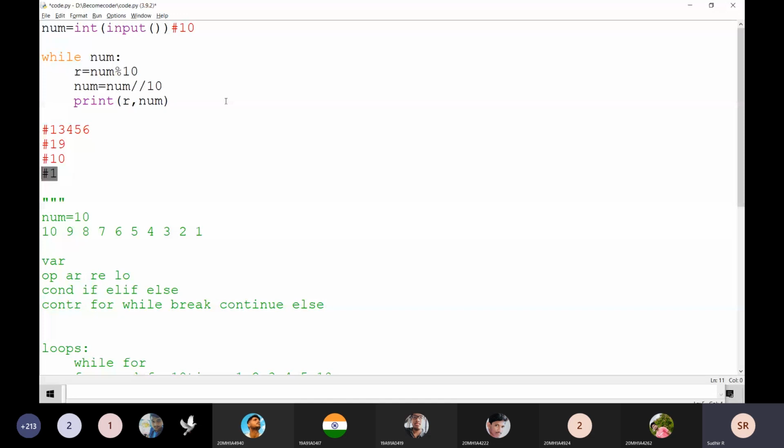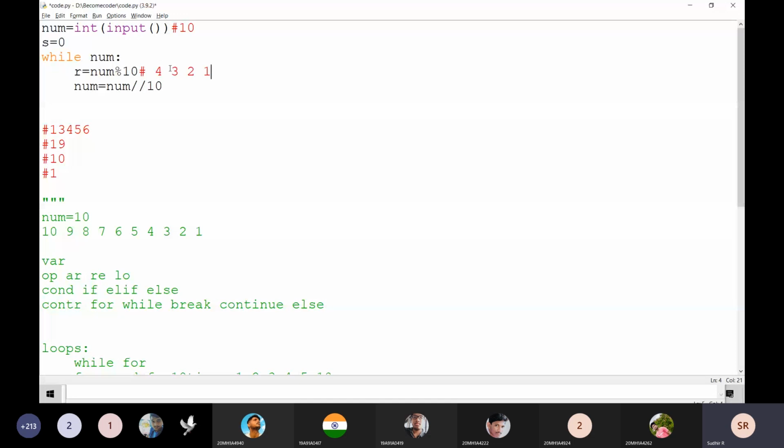Srinivas, I want to add here. Just simply, I have to take s is equal to 0. That means I am going to add every time the r, which is going to be the digits here. First of all it is 3, 4, 3, 2, 1. Each and every digit of the number is going to be the r.